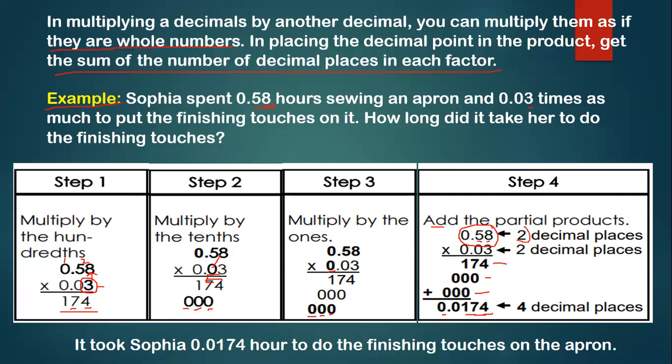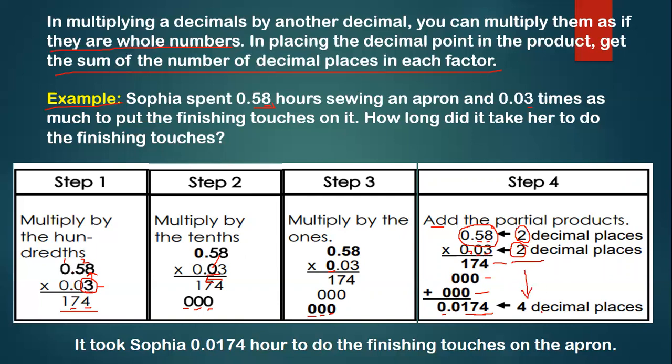Meron siyang 2 decimal places. Another, ang isang factor pa natin, bilangin natin ilang decimal places. Ito ang decimal point, ilang number after the decimal point? 1, 2. So meron din siyang 2 decimal places. And then i-add natin kung ilang decimal places lahat meron sa ating factor. Meron siyang